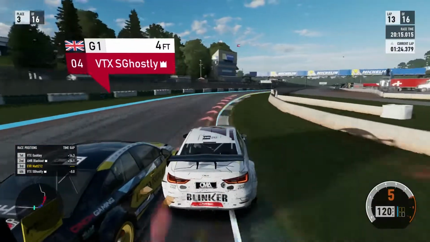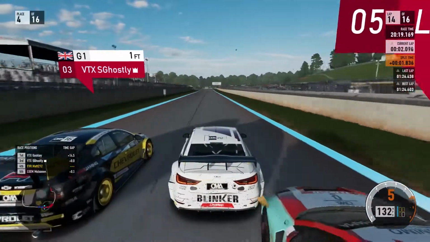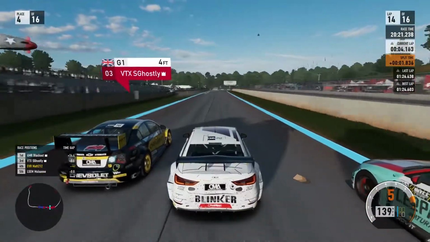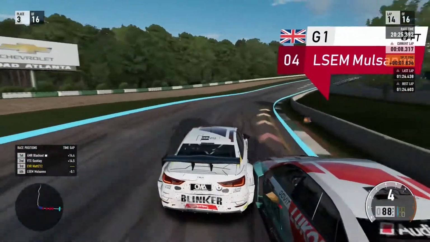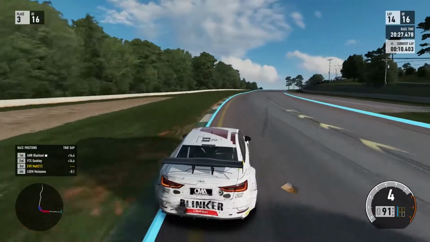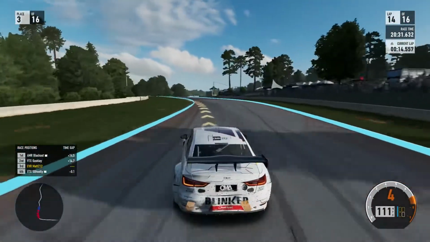Who is going to hold on to this one there? Ghosty tries to give me the squeeze there, almost a bit of Forza laggy contact there. Mulsanne tries to have a look up the inside there. Ghostly is giving me the squeeze as we head in towards the first braking zone there, but we try to be late on the brakes there. Mulsanne thinks about having a look up the inside there, but we just about balance it out and hold on